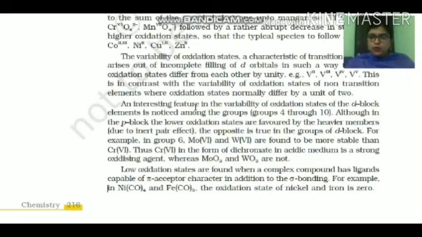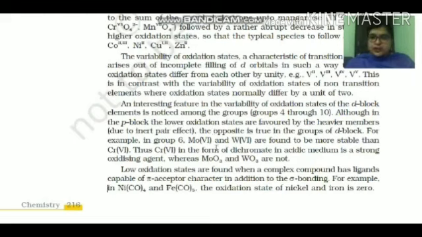on coming from top to bottom, lower oxidation state is more favored. In case of lead, +2 and +4, the +2 state will become more stable because of inert pair effect. Inert pair effect is reluctance of s electrons to participate in bond formation. So in case of p block, lower oxidation states are favored by heavier members. It is due to inert pair effect. But children, the opposite nature has been observed in case of d block elements.